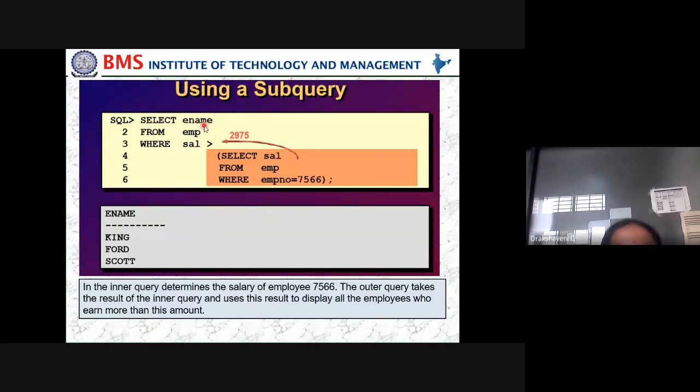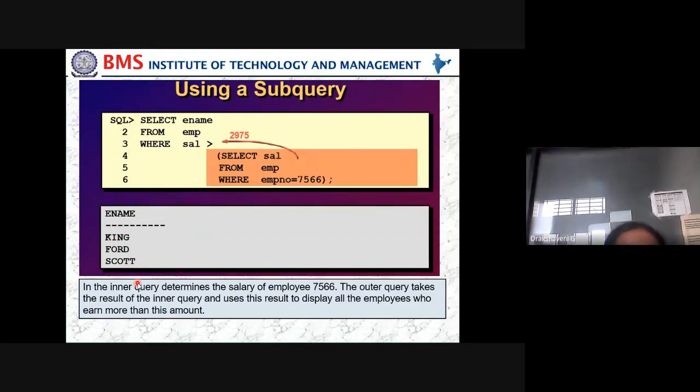That's what we do here: select ename from the employee table where the salary is greater than 2975. Those employee details should be given, that is the employee names King, Ford, and Scott.